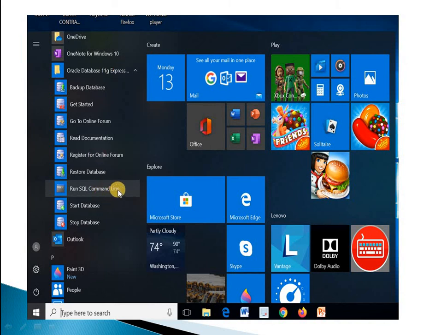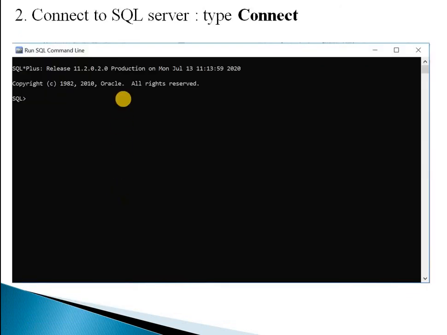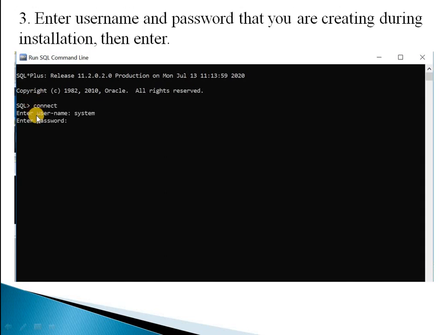After clicking on the SQL command line, this window will display. Then connect to the database. For the connection, you have to type connect here.